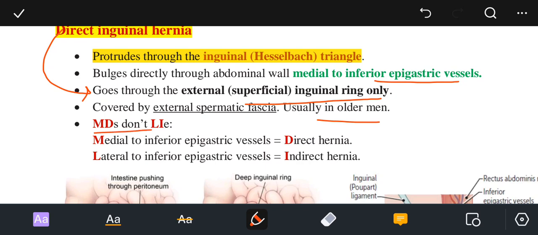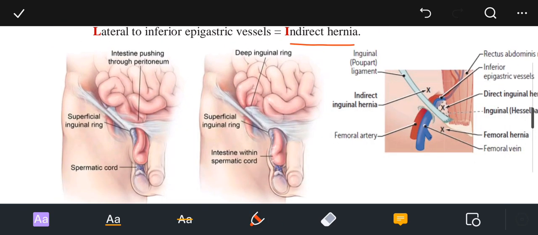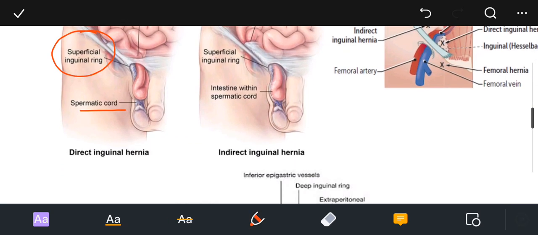So there is a mnemonic, that is MDs don't lie. Medial to the inferior epigastric vessel is the direct hernia, and lateral to the inferior epigastric vessel is the indirect inguinal hernia. Then in this picture you can see the intestine pushing through the peritoneum. The superficial inguinal ring is present over here, and if this content is traversing only the superficial inguinal ring, this is the spermatic cord. So this is the direct inguinal hernia that is present in the Hesselbach triangle and traversing only